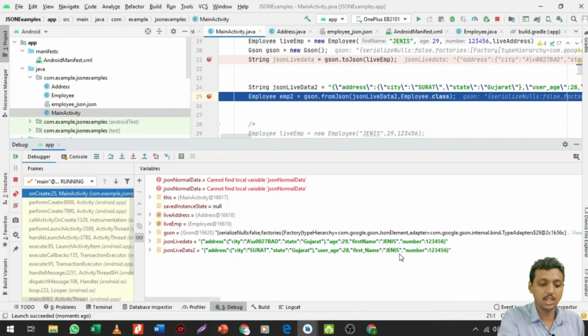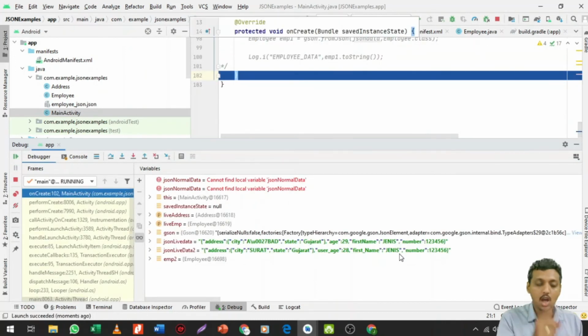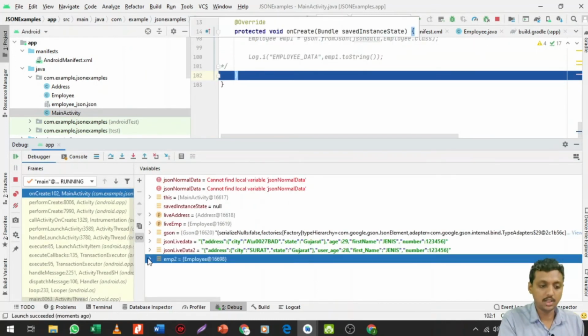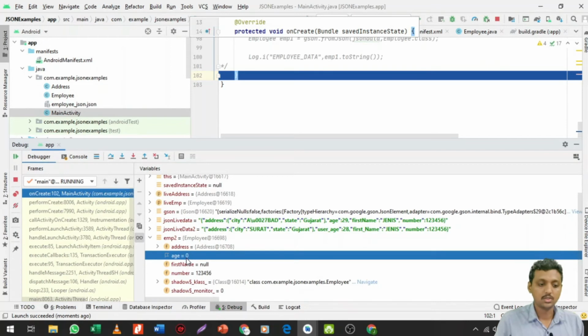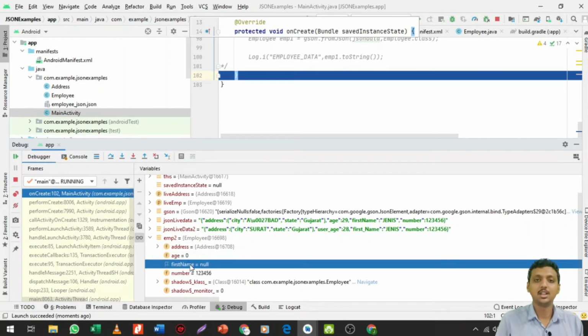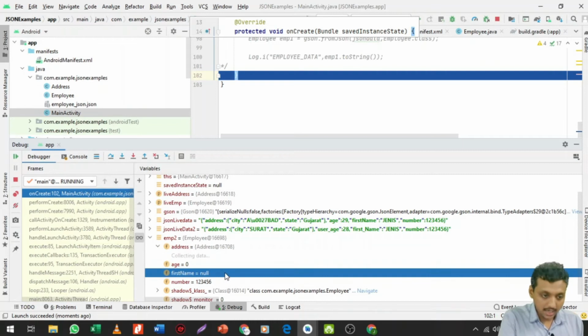Now again let me click on the F8 button and show you how it works. See, this is your employee data. Here you see age is 0, first name is null. You didn't get any data inside of the address. It is just starting to collect the data. Let's keep it open. I think it will take some amount of time. You will see the Surat and the Gujarat, both of them.